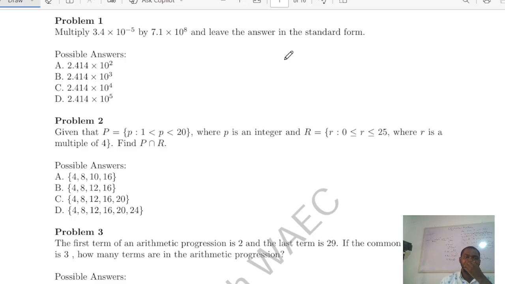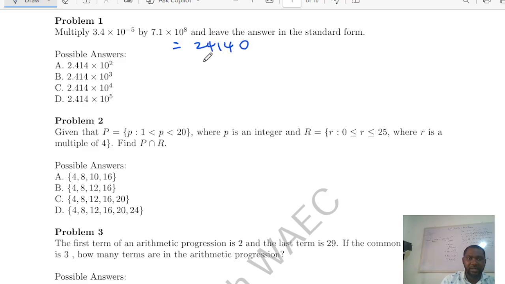So the first one says, number one, multiply 3.4 times 10 to the power minus 5 and 7.1 times 10 to the power 8, and leave your answer in standard form. Well, this should not be a problem because you can just simply use your calculator to do that. So I am turning on my calculator here. It says 3.4 times 10 to the power minus 5, then multiplied by 7.1 times 10 to the power 8. And the answer is